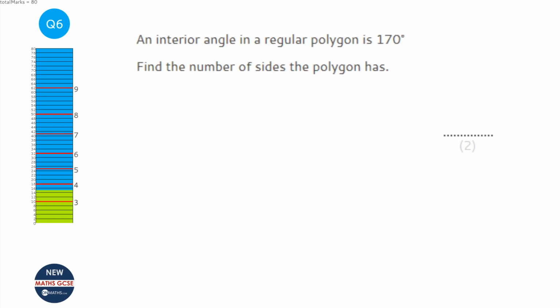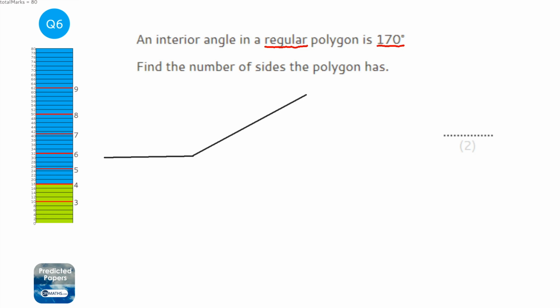Okay, this question doesn't seem like it gives us very much information, but actually it gives us all we need. We need to know it's a regular polygon, which it says it is. We've got the interior angle of 170. So if I imagine I've got my polygon here, and this is a part of the polygon. Obviously the polygon continues up here and across there. And we know that the exterior angle, so this one here,